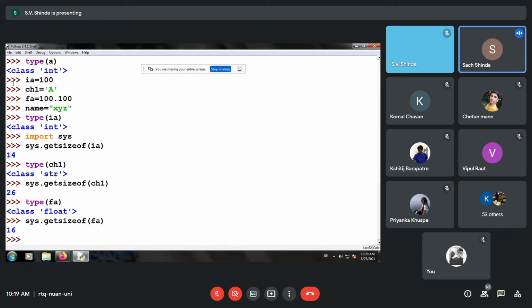Similarly, we will have the end time: end time is equal to time.time(), and finally we print the execution time of the program.